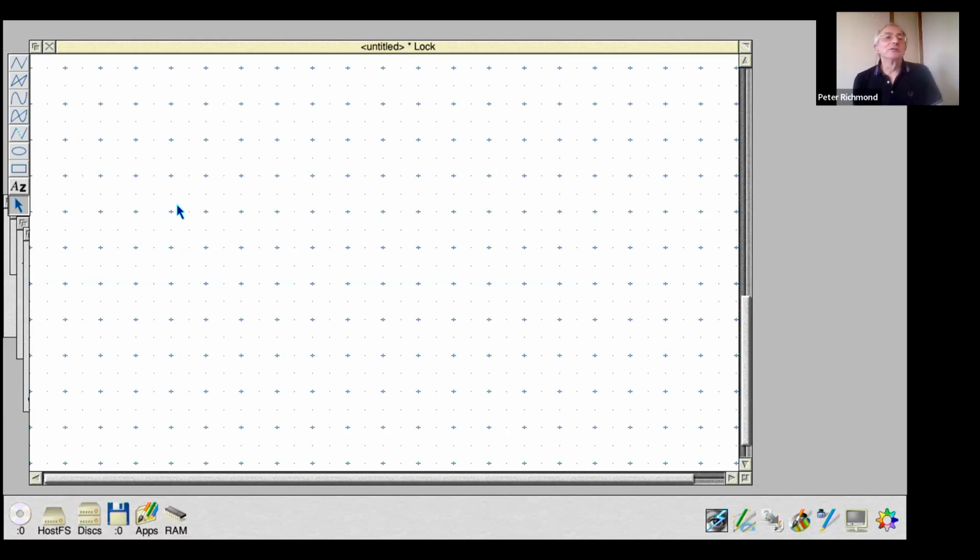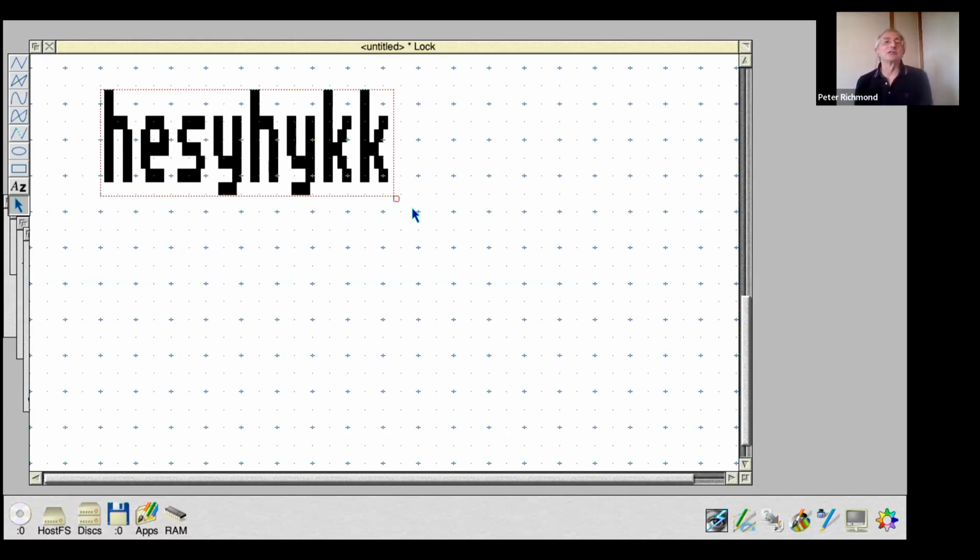So that's just something to do. So similarly, you can do this with text. So just to type my favorite text or something from the keyboard. Unfortunately, Draw starts off with the non-vector text. So if I zoom that up, that will be horrible because it's a bitmap text. So what we need to do with that